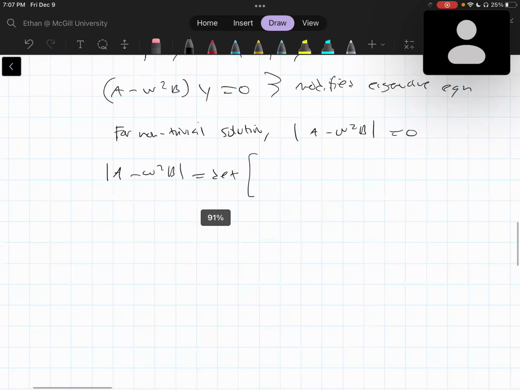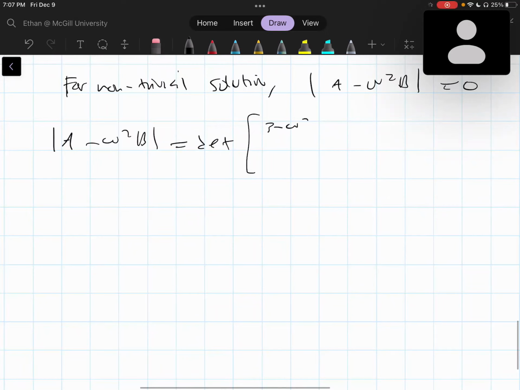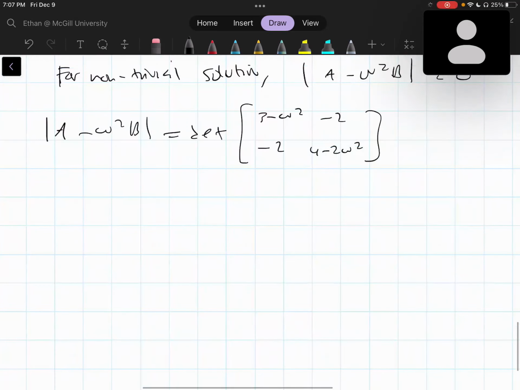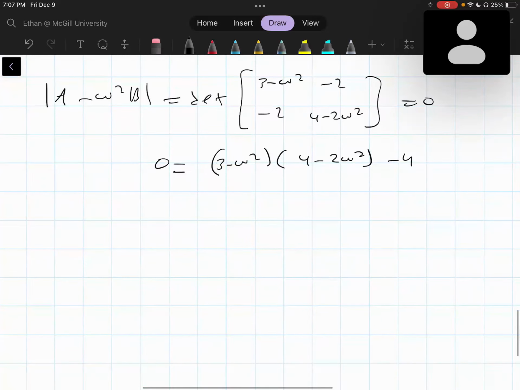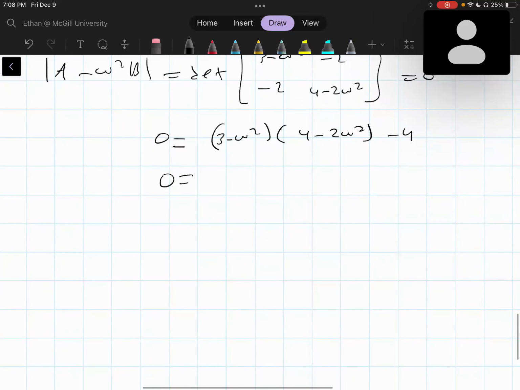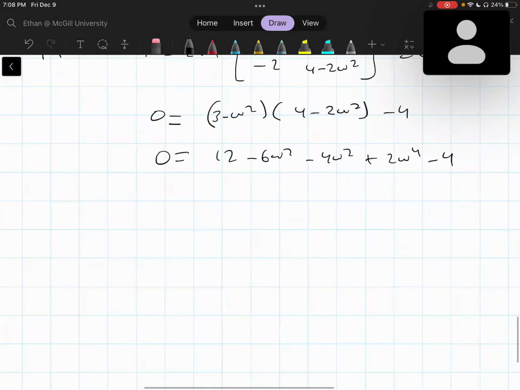So it's going to be the determinant of this matrix. Just calculating the determinant, that's going to be equal to 3 minus omega squared times 4 minus 2 omega squared, minus 4. That's 0. And if we expand this, we're going to get 12 minus 6 omega squared minus 4 omega squared plus 2 omega to the 4, minus 4. That's equal to 12 minus 10 omega squared